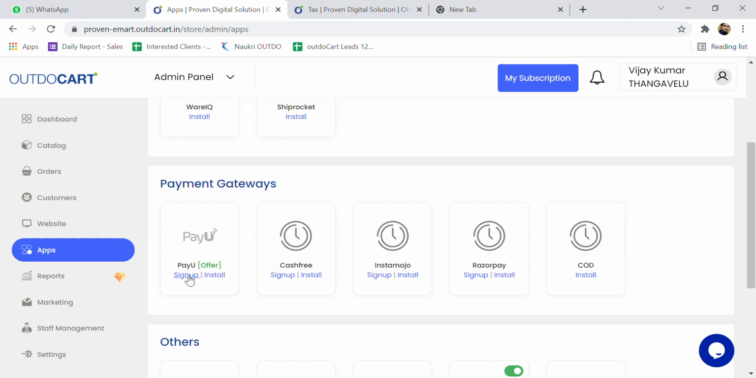We have four different payment gateways: PayU, Cash Free, Instamojo, and Razorpay. You can use any of these four payment gateways. I recommend you use at least a minimum of two payment gateways, so that if there is any technical